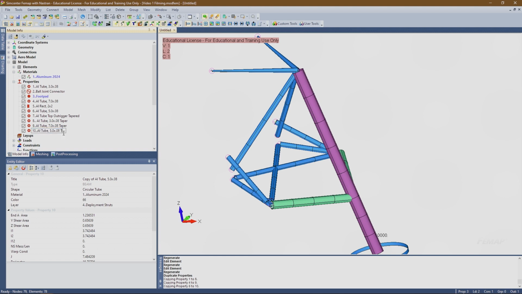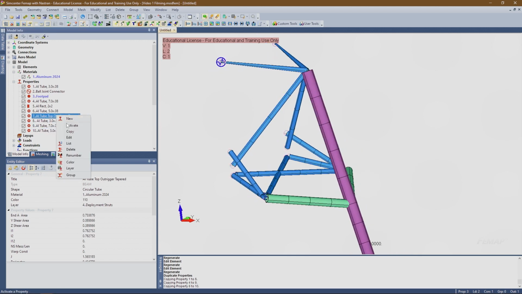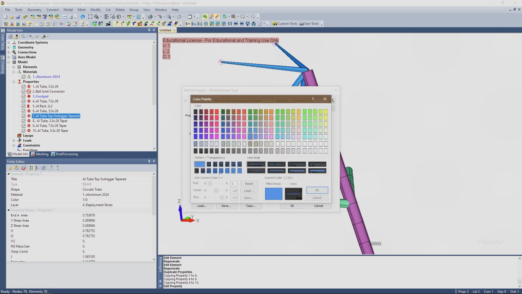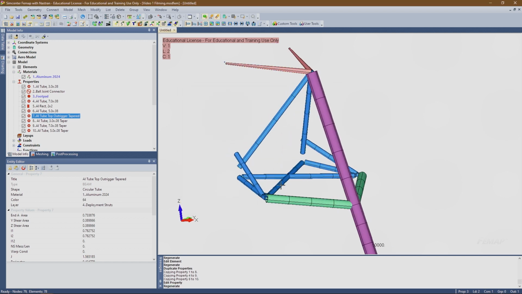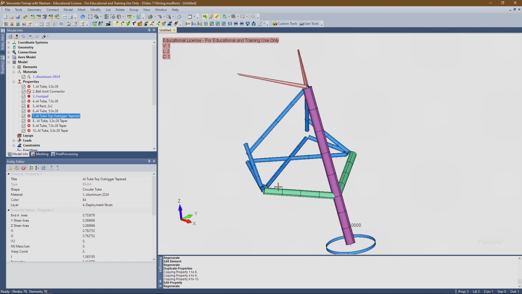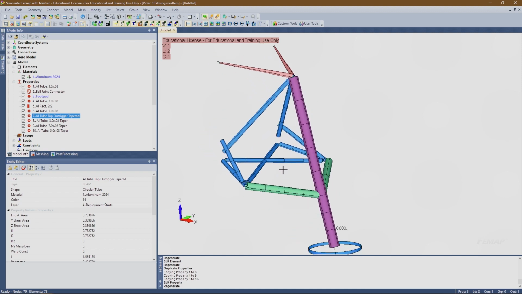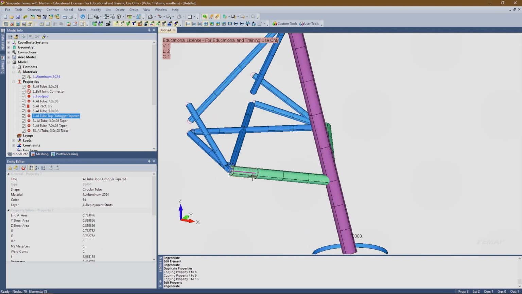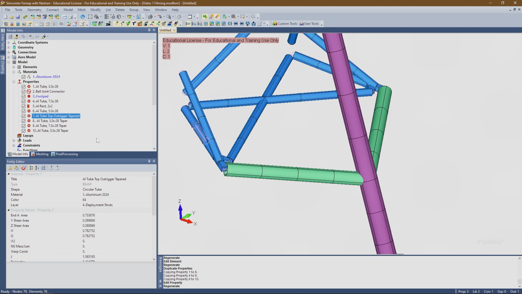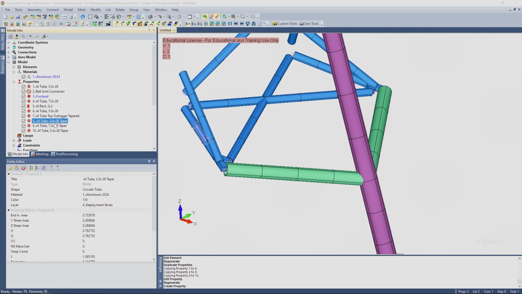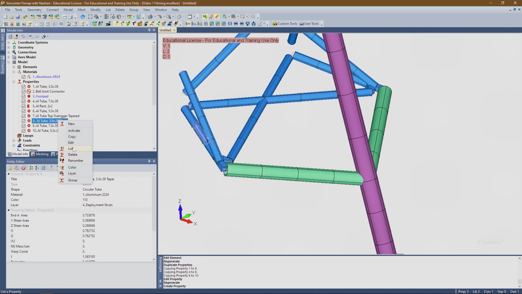Just want to do these last few tapers so I can legitimately accomplish what we set out to accomplish, which was recreating the analysis model at the beginning. And then if you guys are following along at home, you can keep running with this and pretty much do whatever you want. And maybe we'll revisit it at some point. So anyways, our 3.0 taper, oops, we don't want new. We want edit,